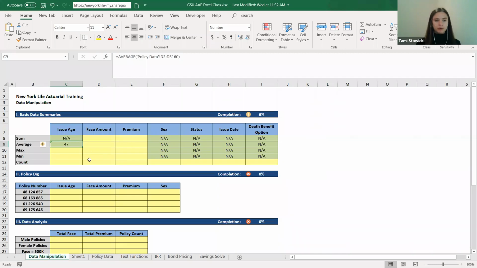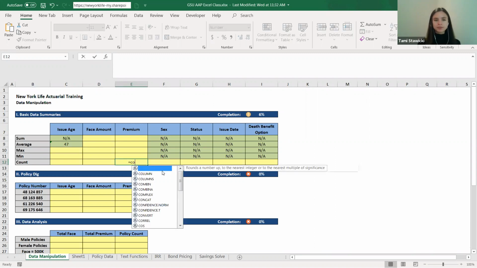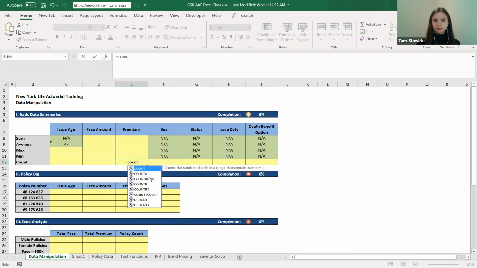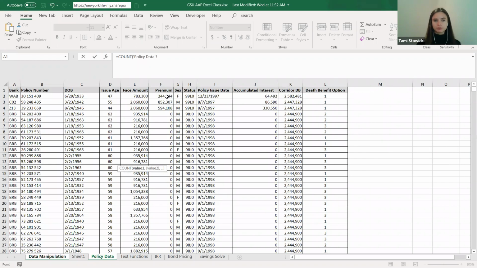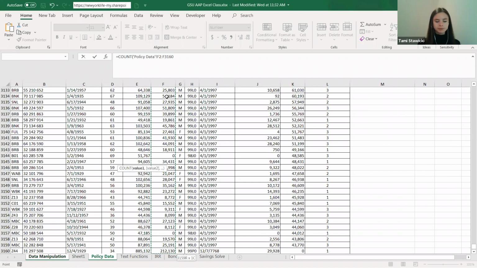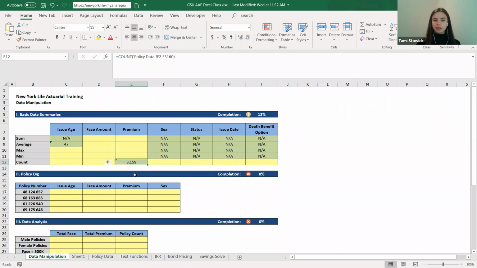So I will show one more of these examples. I think a lot of these are pretty straightforward, and I'm just going to show count. For count, there's really 2 options. There's the count function, which will count all the numbers in my array. So if I go to count, I'm going to go to the premium. I'm going to select all of those in that column. Press Enter. You see I'll get the